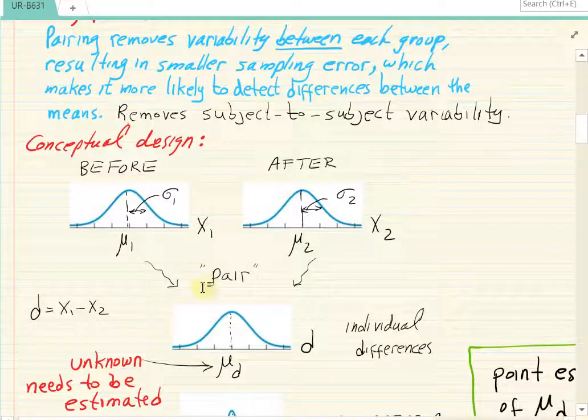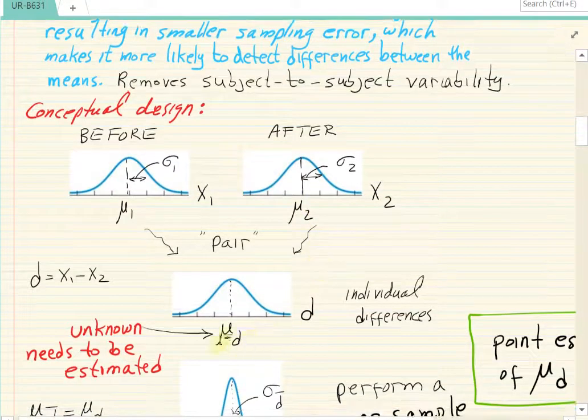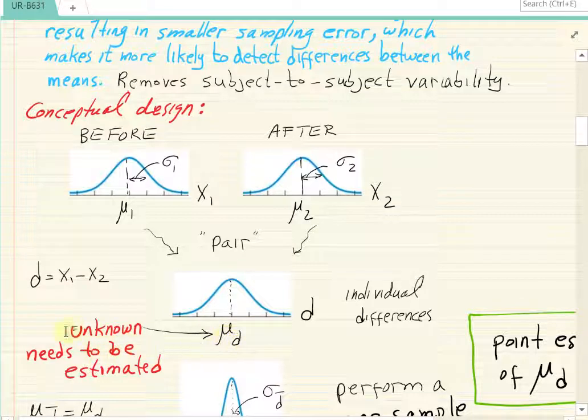Once we have these two individual populations, we're going to pair them together, and by pairing them, the way to compare the two averages in the mathematical engine behind it is to apply differences here. We're going to look at differences between scores before and scores after. And that's how we're going to compare the two averages. Now, what's unknown here is mu d. I just want to make clear that this is what we're shooting for, the average difference. And depending on that average difference, that's how we're going to compare the means. And that's coming up. I'll explain more on that.